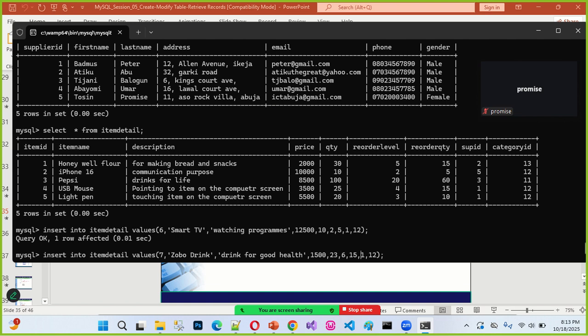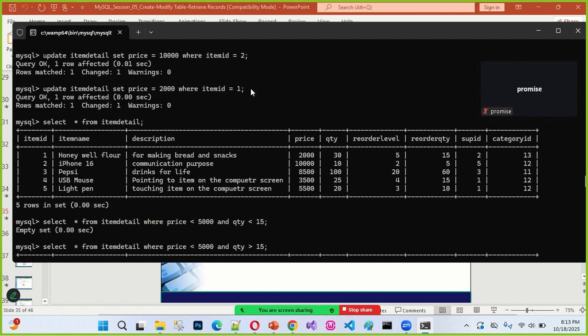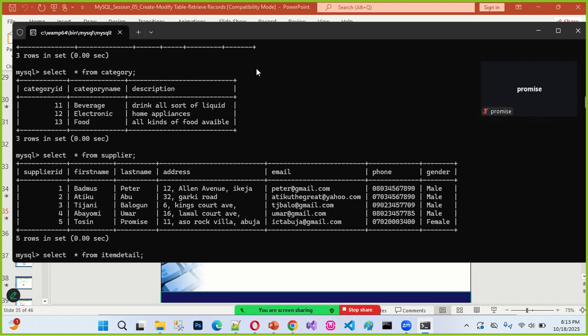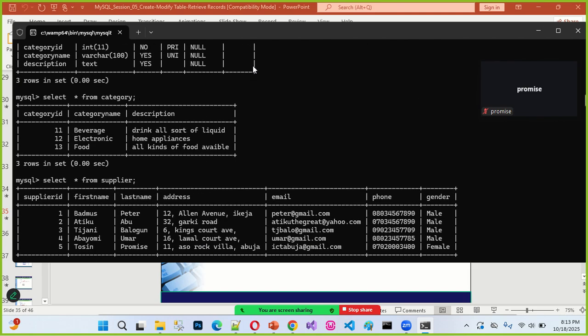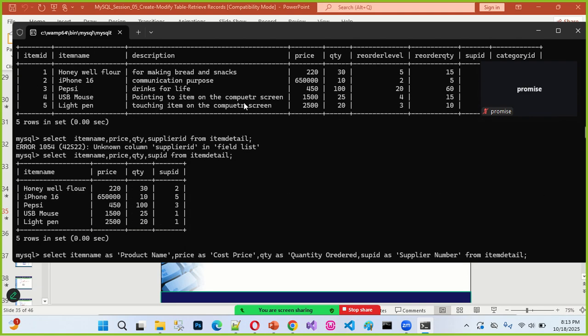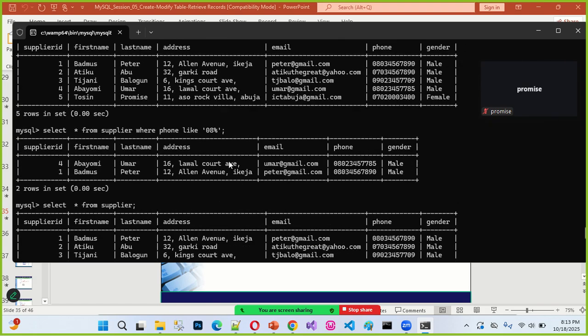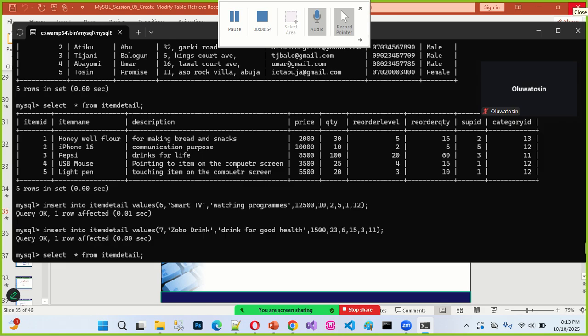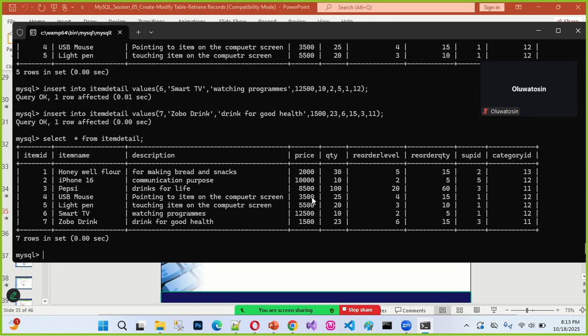we have is 15, and I have to check the category now. Supplier, the categories, which category is that? So category beverage is 11, and supplier can be any number. Okay, beverage 11. So that means category ID will be 11 here now. That's 11. And the supplier now I can make it supplier 3. I press the enter key. So I want to see this record again now. These are my added records here now.